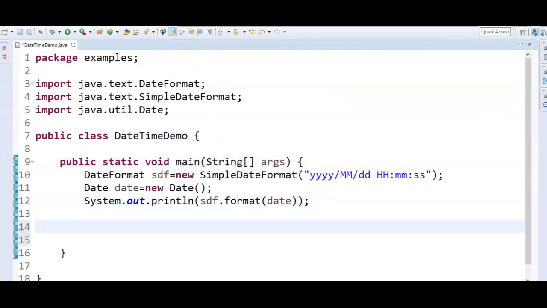Now let's see how we do it using Java 8. In Java 8 we have a new API, altogether a new API to print the date and time.